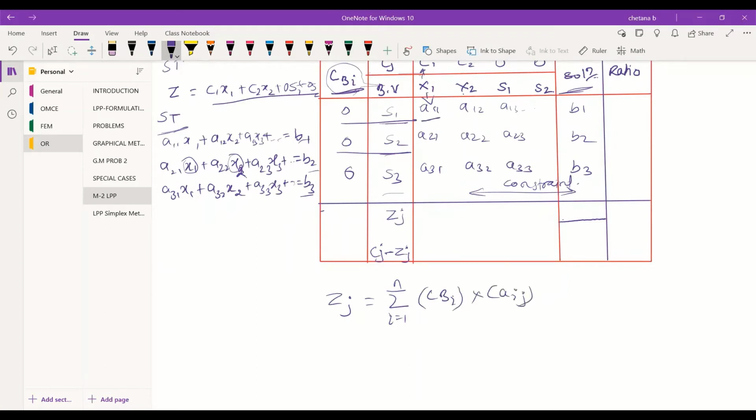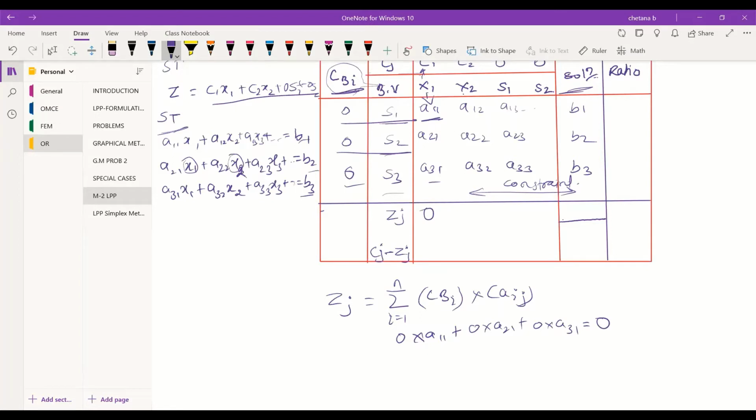So how we take this? 0 into A11 plus 0 into A21 plus 0 into A31, which is equal to 0, right? So here you have 0.